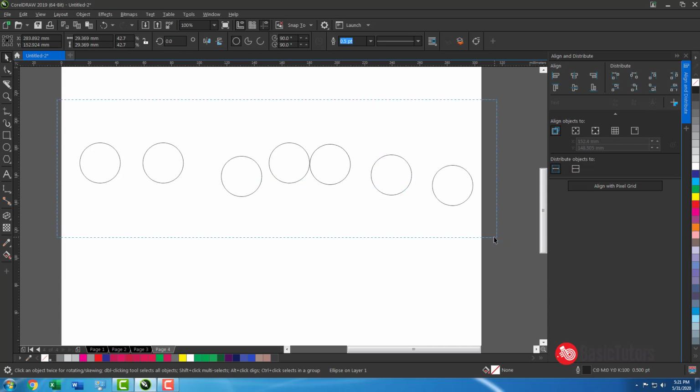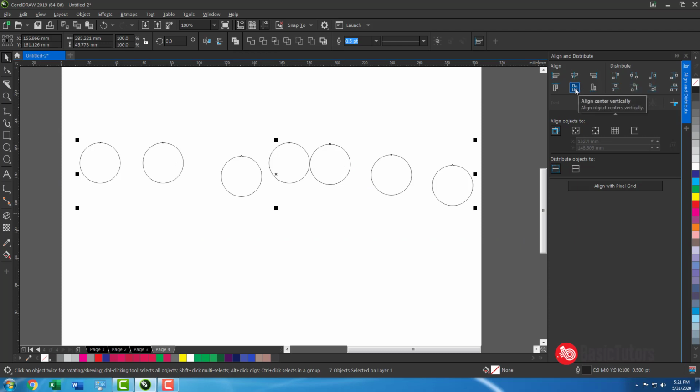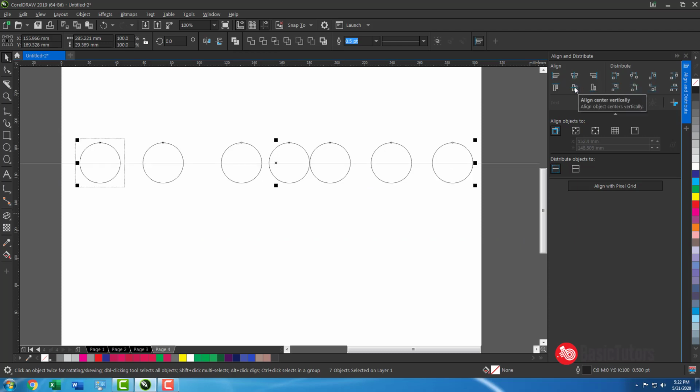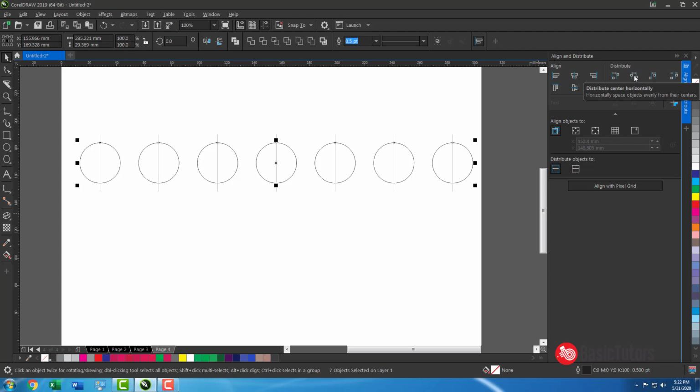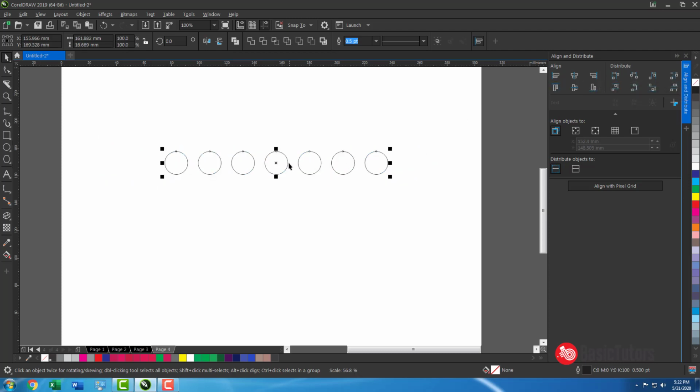First I need to align this object into center. Okay, it gets aligned to center. Now I need to distribute into center horizontally. In this way distribute works. It distributes your objects in equal spaces. This is about align and distribute.